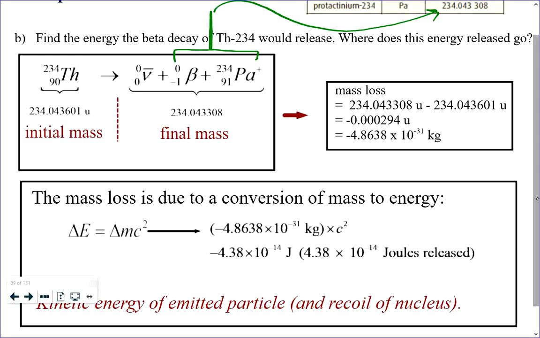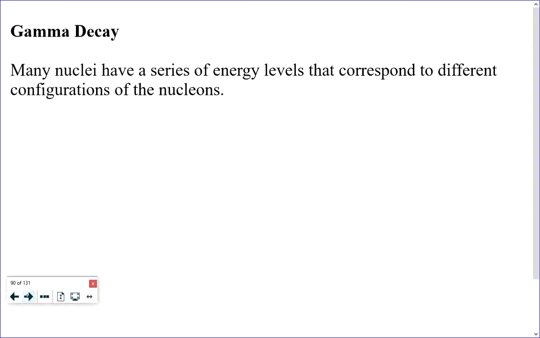Okay, so that's alpha decay, that's beta decay. Now let's discuss gamma decay. What happens during gamma decay? Well, since the particle emitted, and I'm using the word particle loosely, since the particle emitted during gamma decay is a photon,